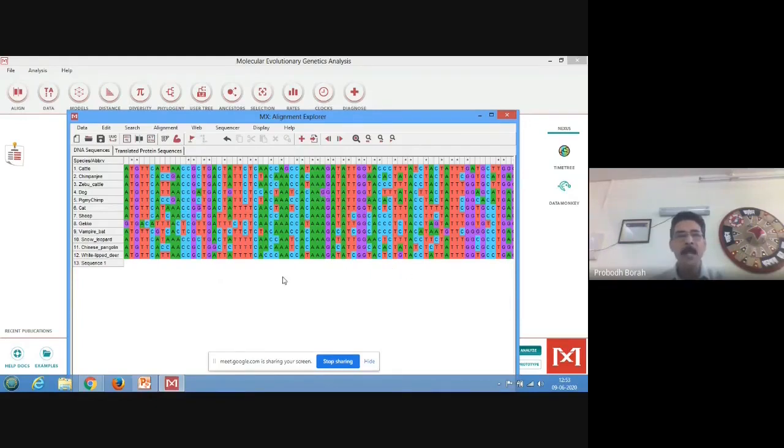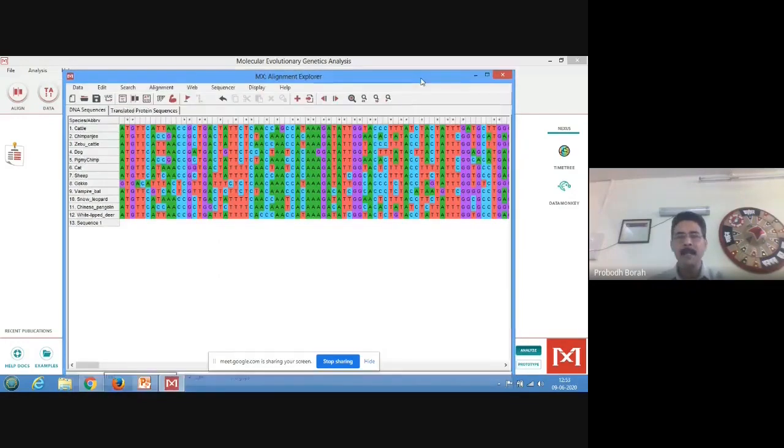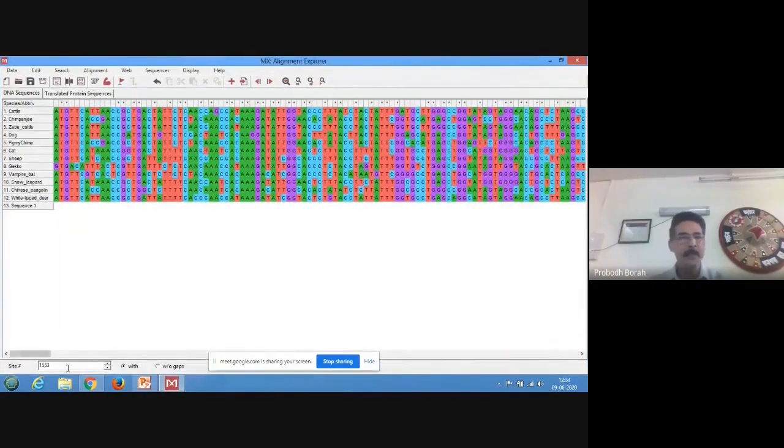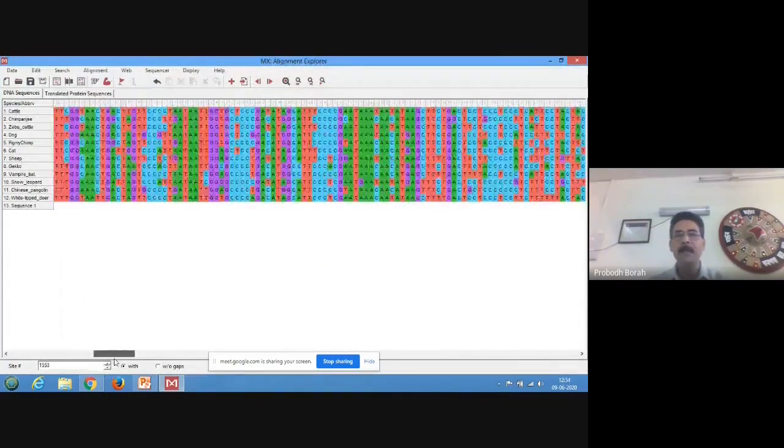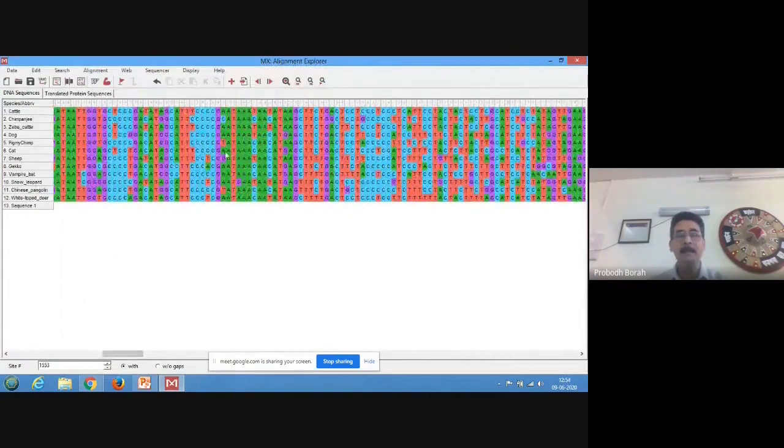So similarly, in many positions, we see that a large-scale similarity exists among the sequences. Although overall similarity is less, in many areas, there are recognizable similarities across different species. So our method of choice will be the distance method.